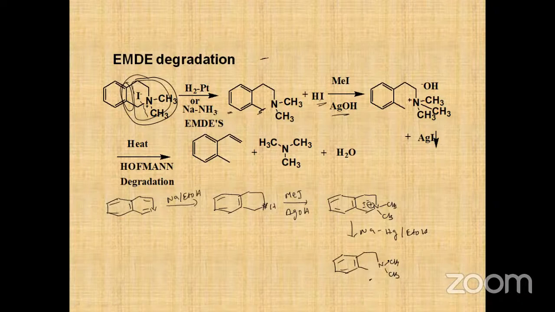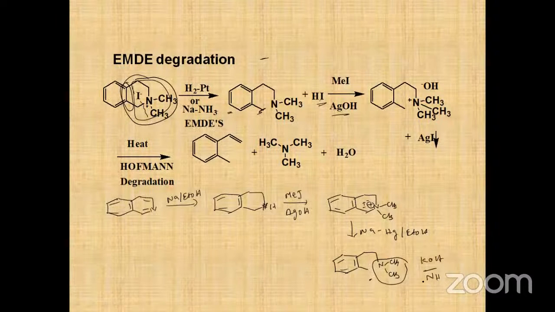Previously, we applied one method, treating with sodamide and potassium hydroxide. Based on that reaction, we can estimate how many N,N-dimethylamine groups are there. This kind of functional group can be estimated by treating with potassium hydroxide and sodamide. Okay, then